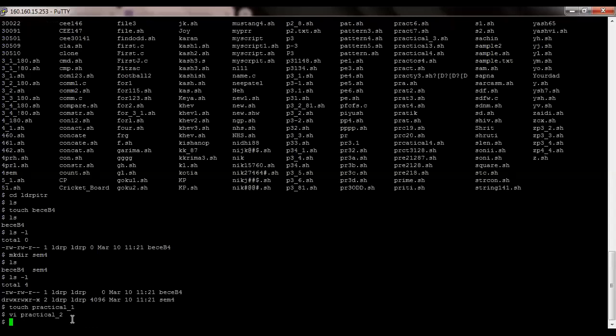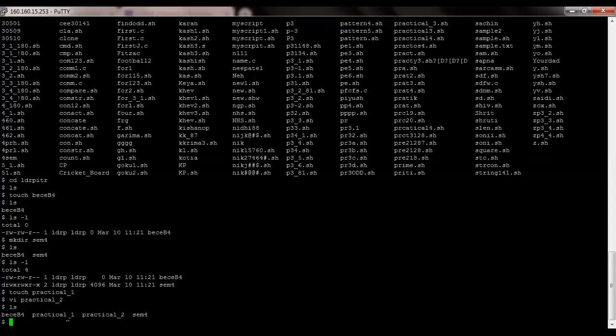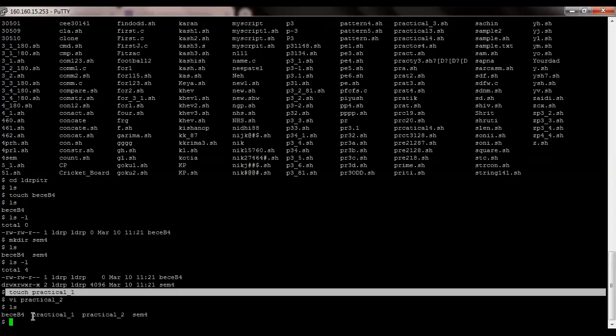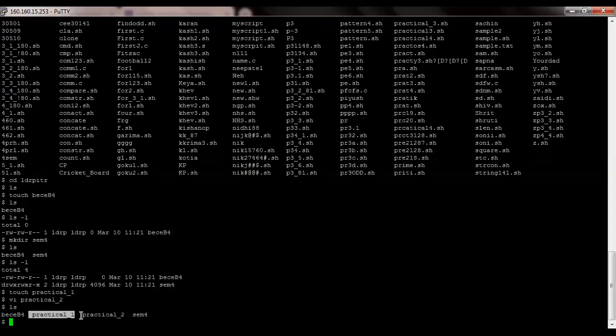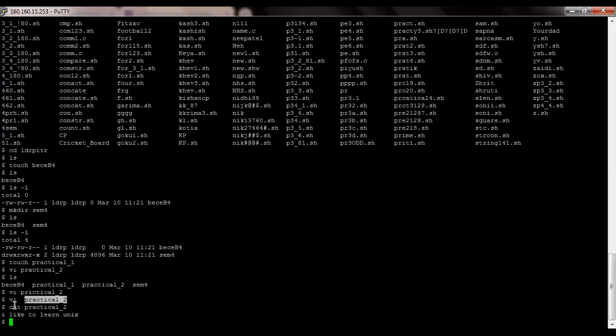So see here, let us do ls. We have two files, practical number one and practical number two. What is the difference between these two? We have written in vi practical 2 first, I like to learn Unix.